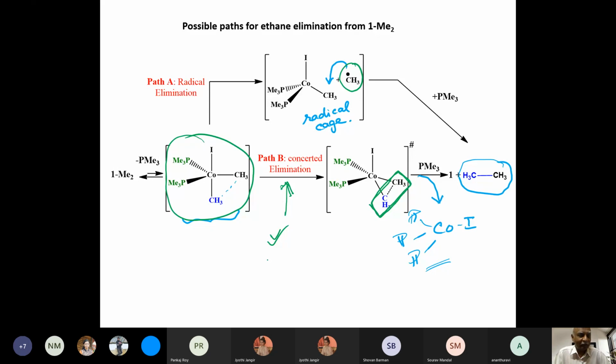Okay, I shouldn't say second surprise, but this is the second one. The second question that I'm asking is between a concerted elimination and a radical cage pathway, or a free radical formation, radical chain pathway, or it could be a cage. If it is a cage, it's very difficult to find out. But how many of you would vote for a concerted elimination? Quick. Nobody wants to choose that?